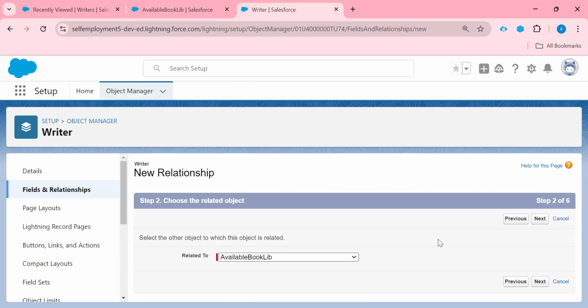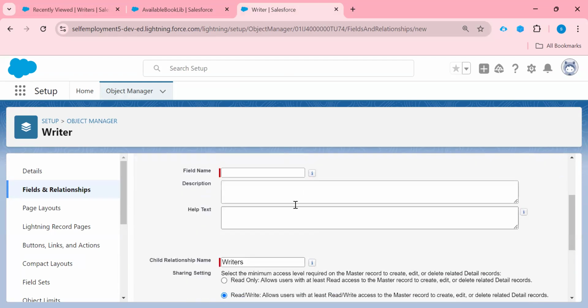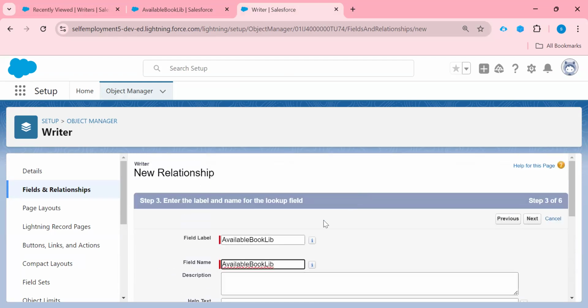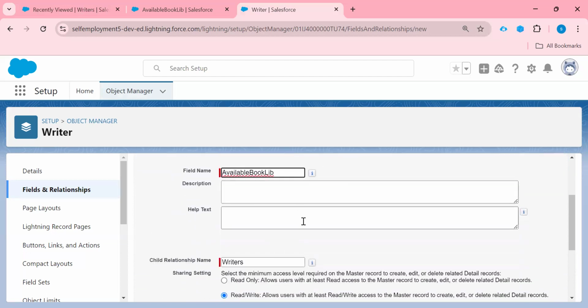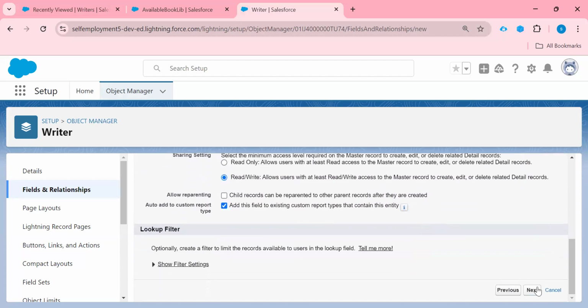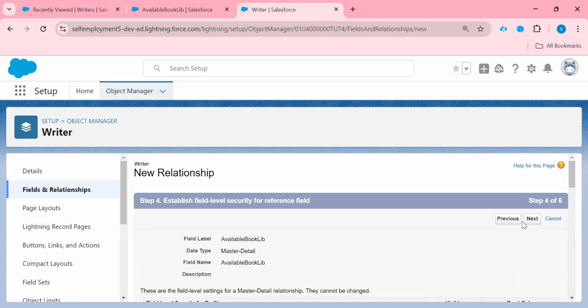This one. Okay, so just click on next button. All steps are similar, it will take the same. Now click on next, click on next.